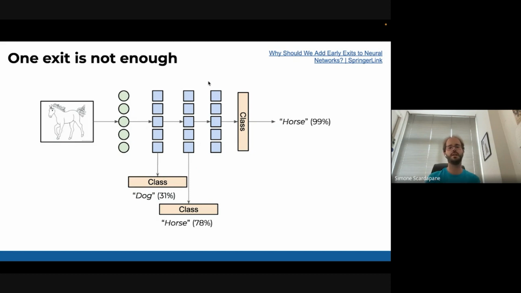And you see, the first one is very early, and the prediction is actually wrong, because maybe you need a little bit of time to get the good answer. But the middle one is the correct answer, and it has a good confidence. So maybe for our purposes, this second layer is enough. We take this exit, and we don't need to execute this part. So we could save, ideally, a lot of computation with just a snap of the fingers.